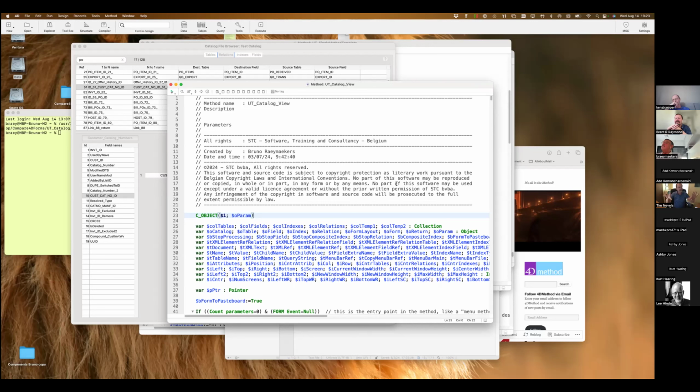Open up the database, copy this one method, UT_catalog_view, paste it into our database, and then just run that method. And if I do that, that window will pop up and all of it will work. That was the idea, basically. Easy distribution. Is that what happened, Lee? You just pasted in that one method and ran it and it worked?